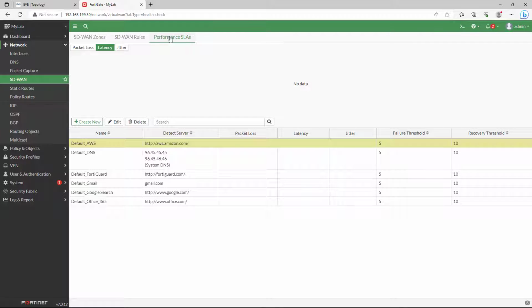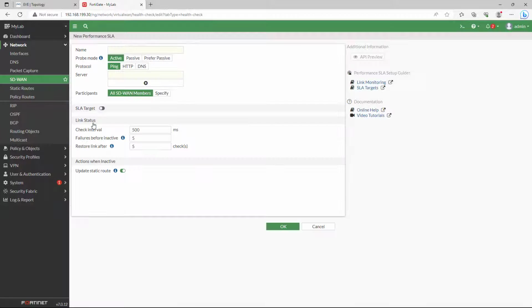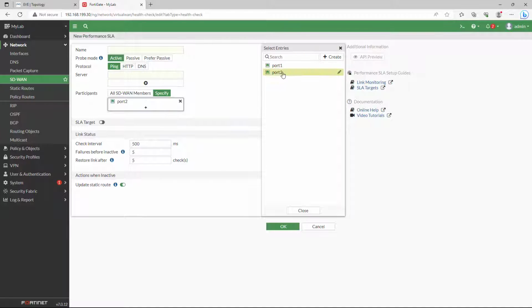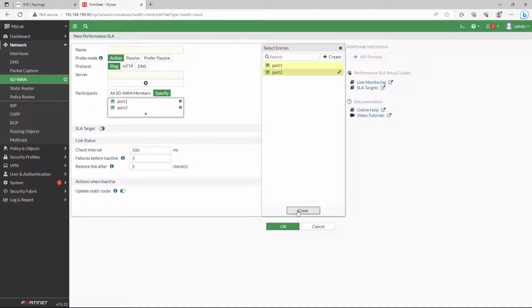So you can create a performance SLA here, but I'm not going to create it right now. If you create the performance SLA, you can